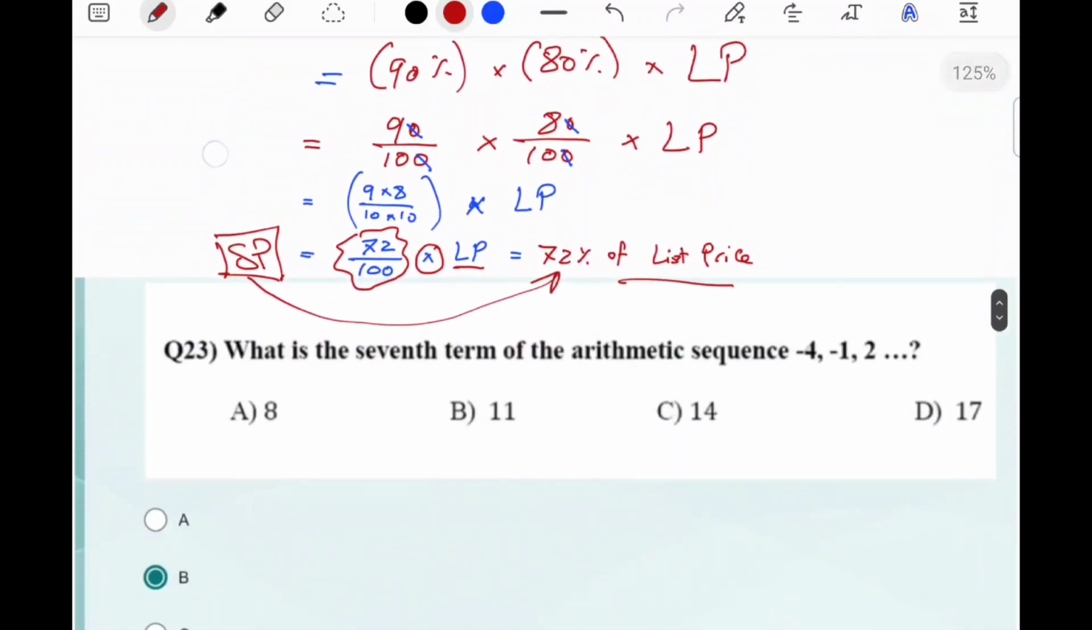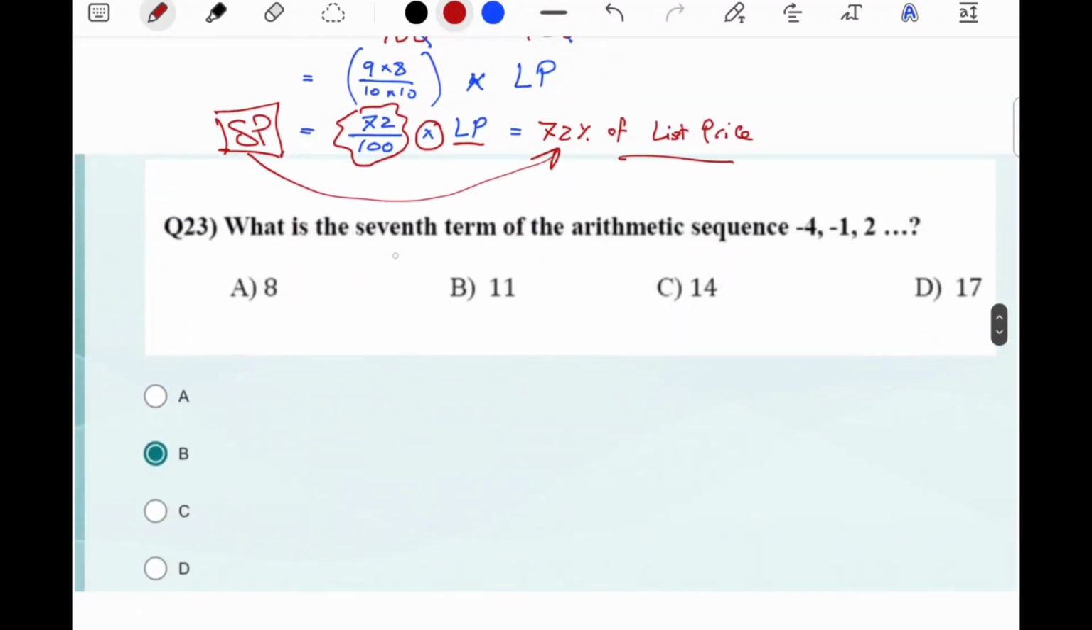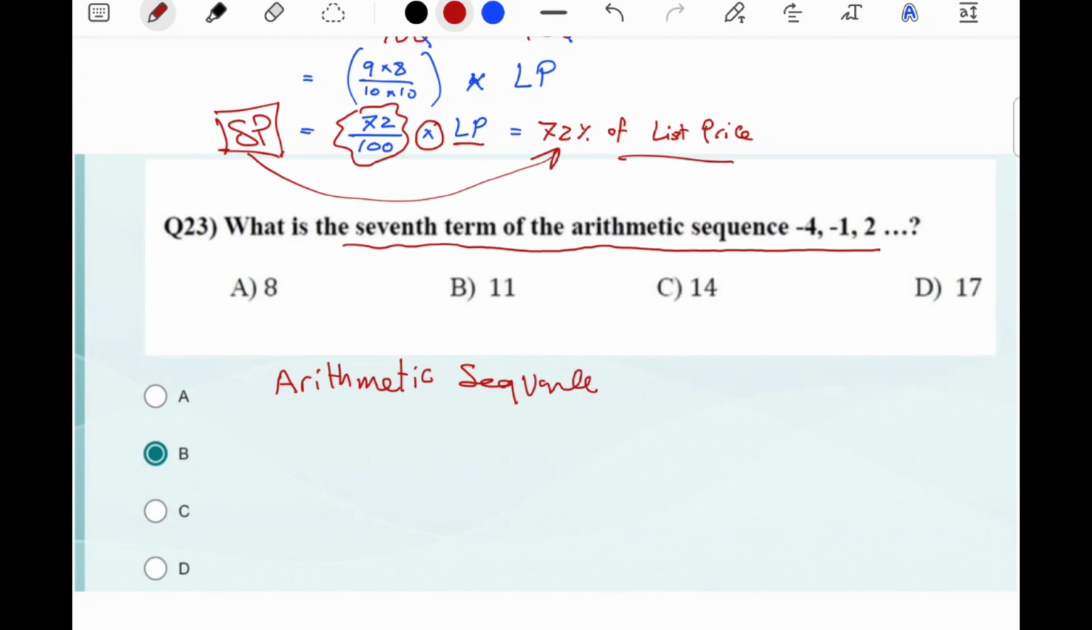Now let's move to the other question. The question says, what is the 7th term of the arithmetic sequence -4, -1, 2, and so on? So in arithmetic sequence, we need to remember that in arithmetic sequence, we have that the nth term, let's call it Un, is equal to